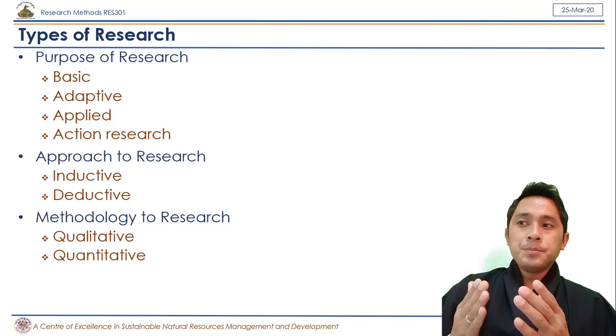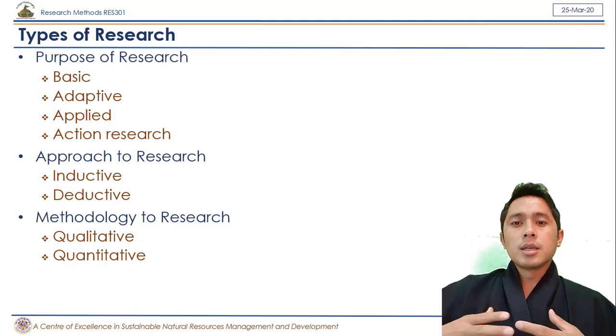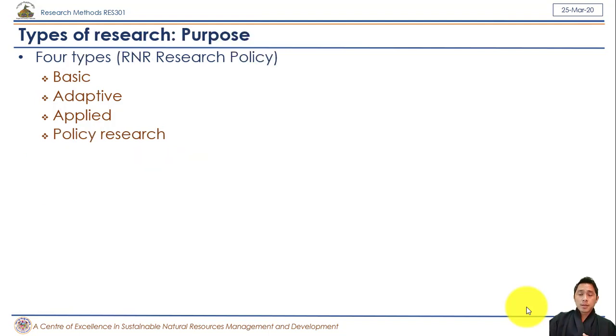Right after classifying the research, we'll look into how to come up with a problem statement, how to come up with a hypothesis, how to build objectives, and then we follow up with literature review, then data collection and all. So please do not get confused, but it is very important to know what the research types are and what research you are interested in. So let us look at the types of research. Firstly, with the purpose. This slide must be very familiar to you because we have already dealt with it.